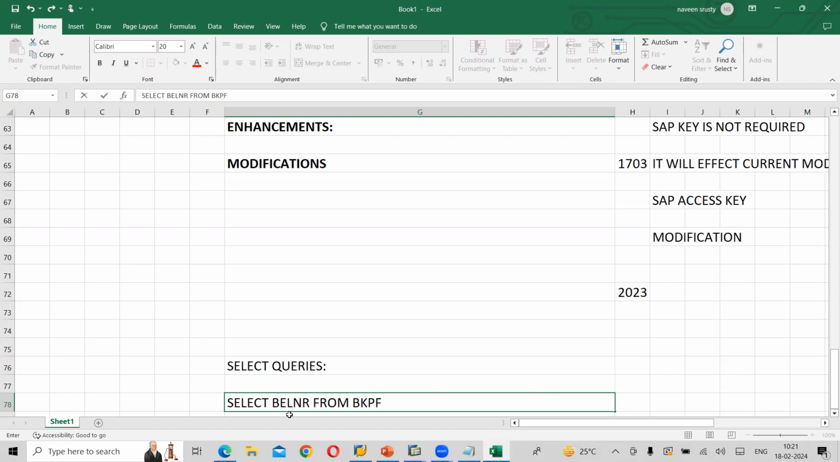Because in a business system, the entire data will be stored in tables, and each table will have a different name. So BKPF is one data table name. Clear? So it will check select BELNR from BKPF. So whatever document numbers are there